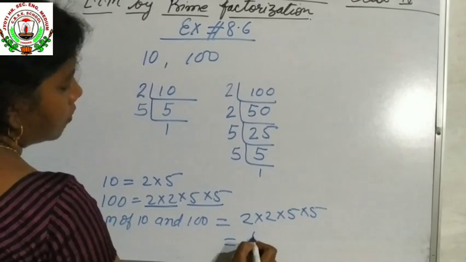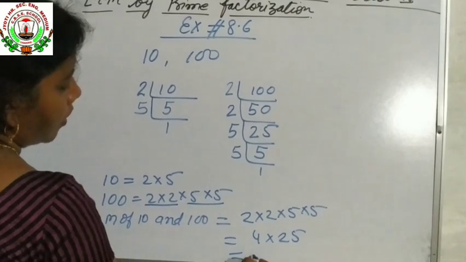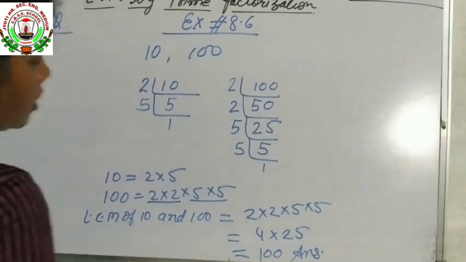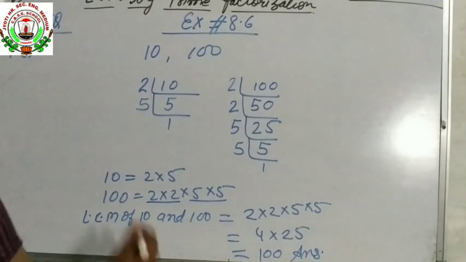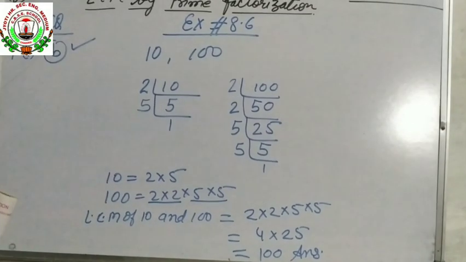Now 2 twos are 4, 5 fives are 25, 25 fours are 100. So it is the LCM of the given numbers, which is your option B. So you will put a tick mark in B. Understood? Next question is